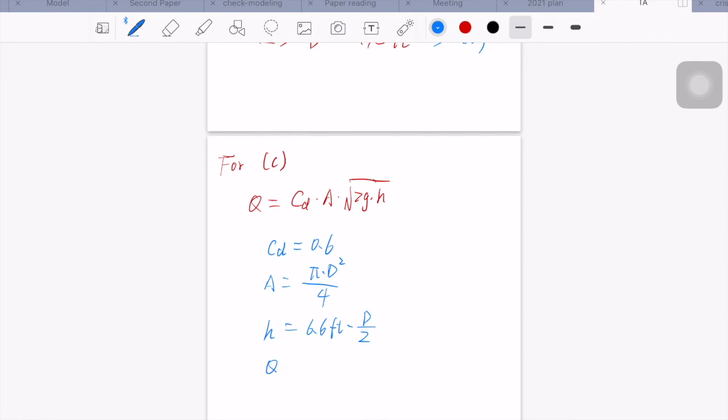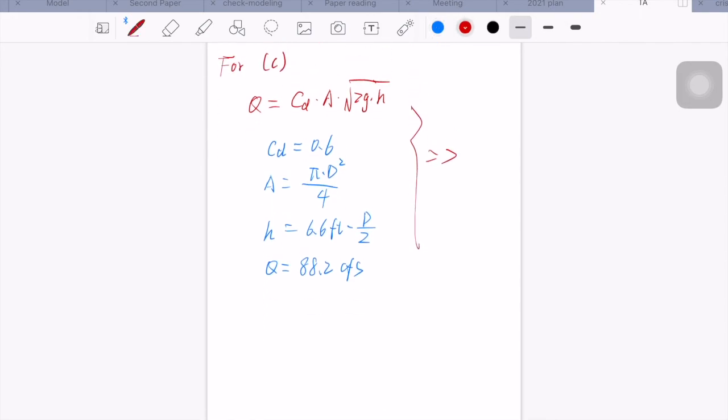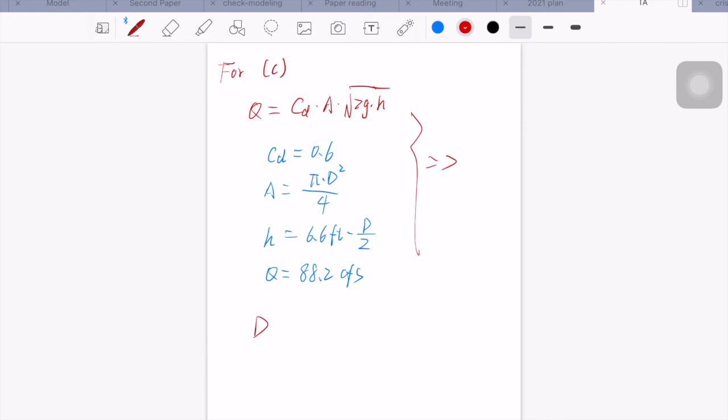And we know Q equals 88.2 cubic feet per second. So now we can determine that the D, the diameter of the pipe, equals